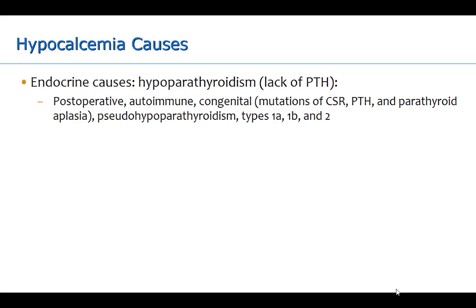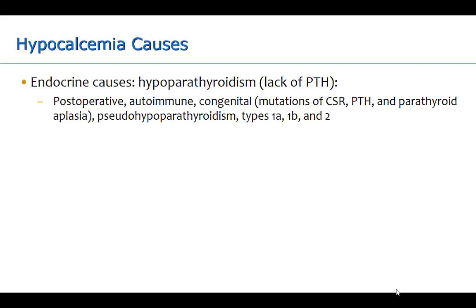Causes of hypocalcemia. The most common cause is hypoparathyroidism, low PTH. It could be post-operative. Sometimes, as we will see later when we talk about thyroid disorders, when you remove the thyroid surgically, because the parathyroid is very small in size, embedded just behind the thyroid, parathyroids are also removed with the thyroid. So, it could be post-operative. Autoimmune, where there is autoimmunity against the parathyroid glands. There are some congenital types, and there is